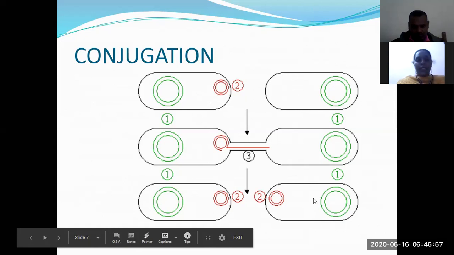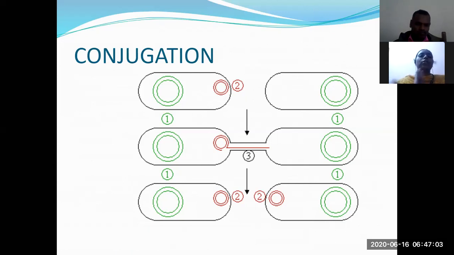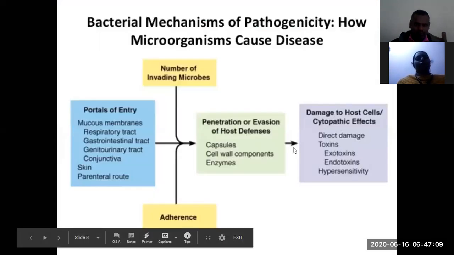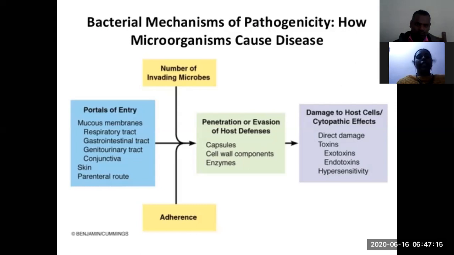Another genetic material present in bacteria is what? Plasmid. This is an extra chromosome. Okay. Fine. Next, pathogenicity. So the first topic we are seeing is bacterial genetics and pathogenicity. Bacterial genetics, I hope you know very well now: what is the genetic material in bacteria? It was identified by two scientists. These two scientists confirmed the genetic material as DNA and plasmid by transformation and conjugation.